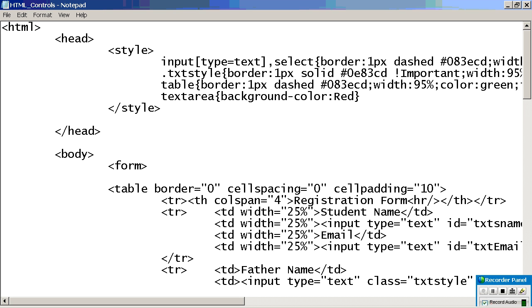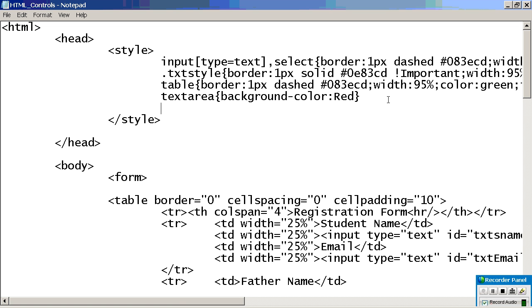But when you go for a class name, if you have multiple controls which need to be used, then you will go for class equal to that one. You can understand my point? But if you have a control which is unique and you want to change its style, are you going to again define the class and write class equal to something again? No, not needed. Then what can you do now?